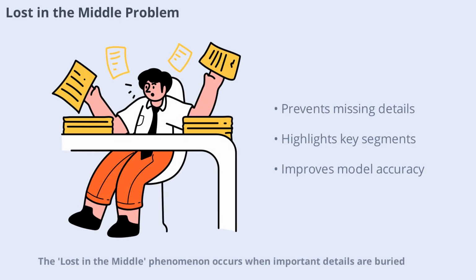The lost in the middle phenomenon occurs when important details are buried in the middle of a long prompt and are missed by the model. Chunking helps avoid this by extracting and highlighting only the most relevant segments, ensuring that critical information is always included